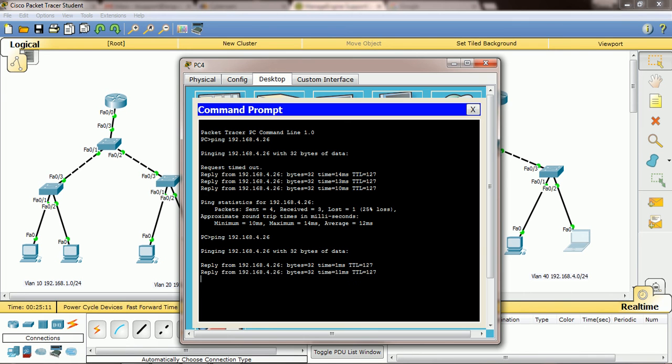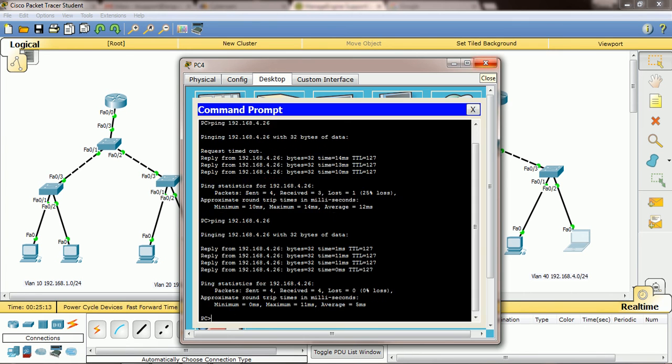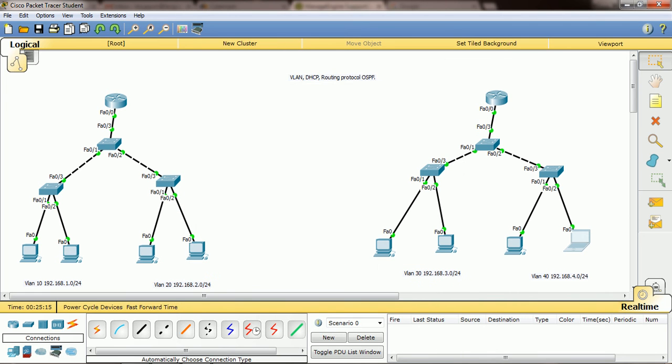So now using this router, these two networks are directly connected to this router, so it started pinging. Now from this network to this network we are going to ping, in the sense 1.0 to 2.0. It is pinging because both networks are directly connected to the router, right? So now 1.0 network to 3.